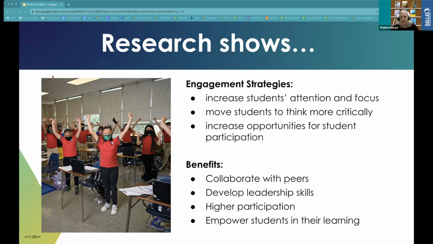So the engagement strategies increase students' attention and focus. They move students to think more critically and increase opportunities for student participation. The benefits, of course, is they collaborate, and through collaboration, they are practicing their BICS, the basic interpersonal communication skills, and their CALPS, or cognitive academic language proficiency, which they need a lot of opportunities to interact with each other